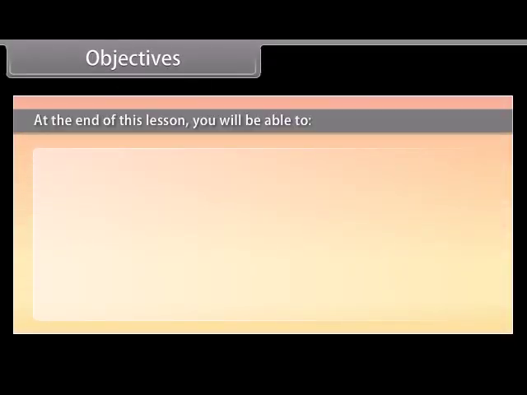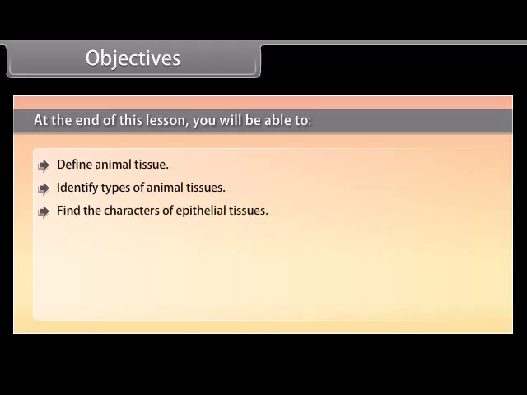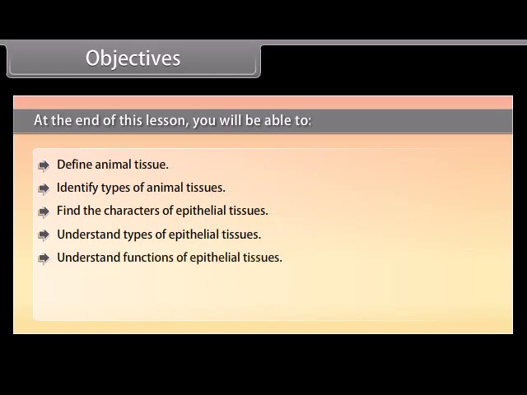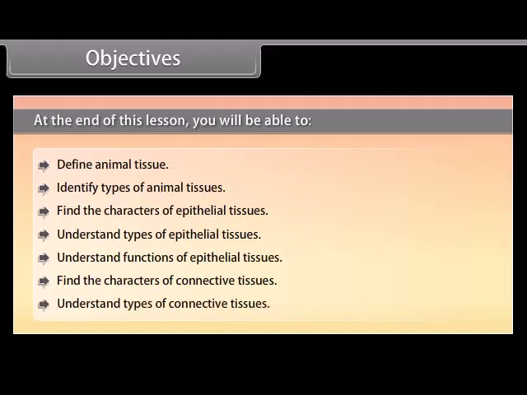Objectives. At the end of this lesson, you will be able to define animal tissue, identify types of animal tissues, find the character of epithelial tissues, understand types of epithelial tissues, understand functions of epithelial tissues, find the characters of connective tissues, understand types of connective tissues,